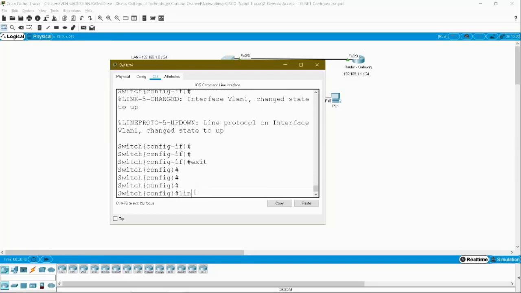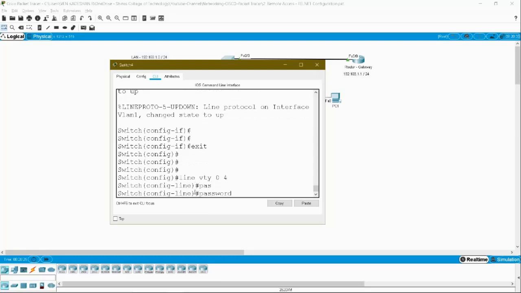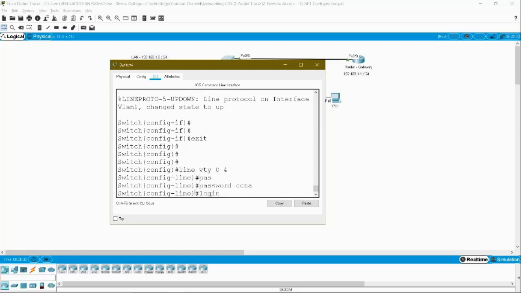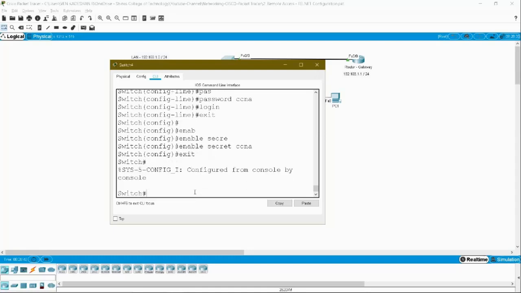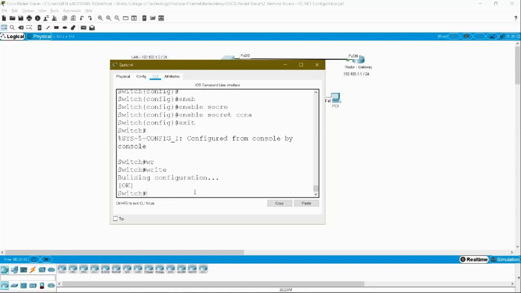Now same like the router, here you can configure line vty 0 4, password, let it be CCNA, and give login. Exit and set the enable secret CCNA. You can give a different password also, but for easy remembrance I have given it like this, and write, save it.